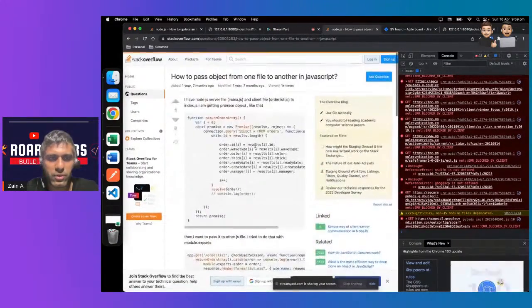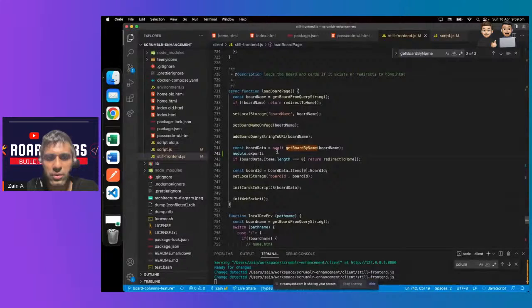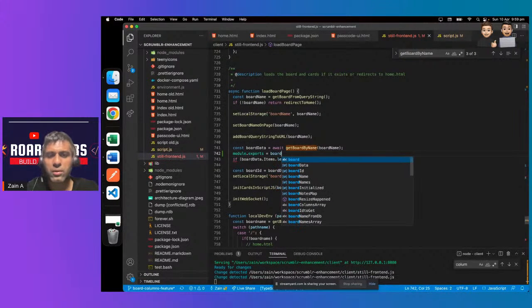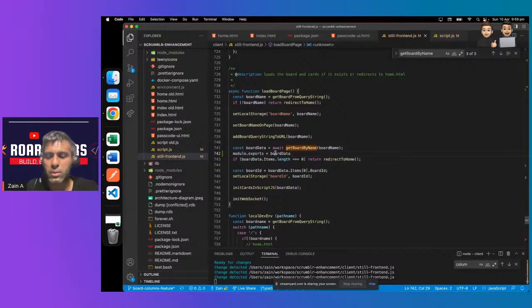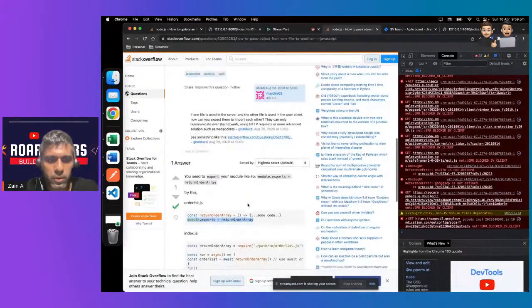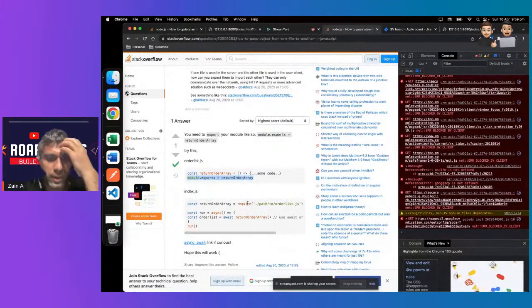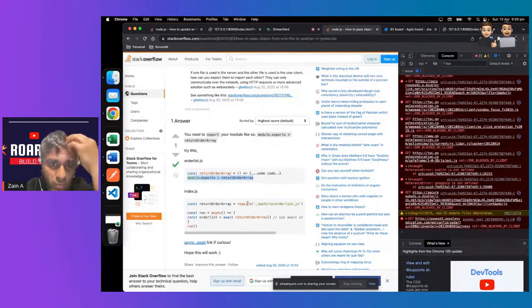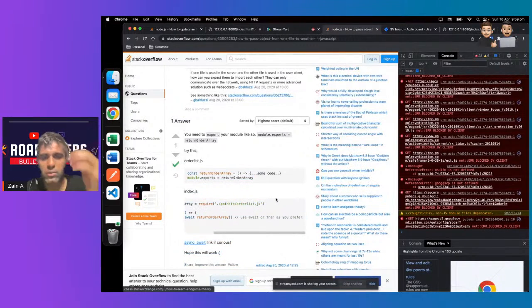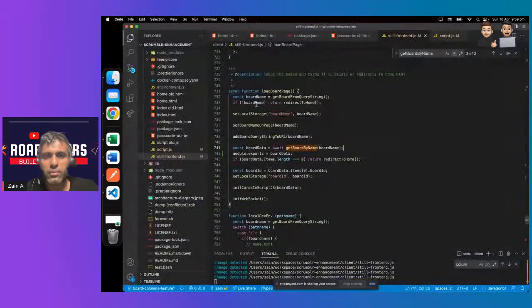Is there a function? Yeah, it's a function. So I would do export board data, maybe. Board data index. So when I come in index.js, I need to require path ordered list. Okay, cool. So if I come back to script.js, I need